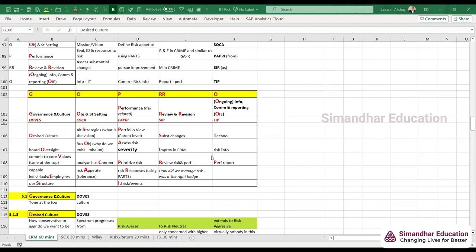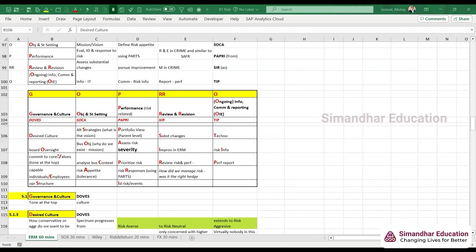If at the top the culture is of ethics, then the employees will also be ethical. Which example can I give you? Let's say the Tata Group, right? They believe in ethics, so that's what they have portrayed, and that's how the employees also believe in their ethics, right? Infosys also, for that matter, or there are several companies like that.